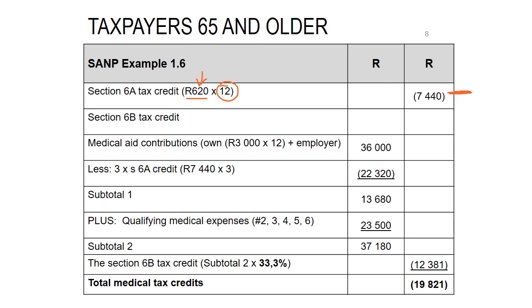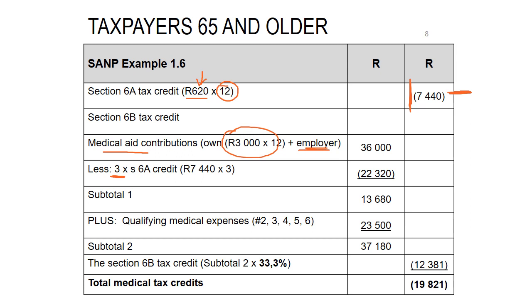So to do the Section 6B tax credit, I firstly take the medical aid contributions, own, which is 36,000 Rand, plus if there were any, that of the employer. There is no employer in this instance, so 36,000 Rand is my medical aid contributions. I reduce that amount with 3 times my Section 6A credit. So 7,440 multiplied by 3, that's going to give me 22,320, which gives me, in terms of subtotal 1,